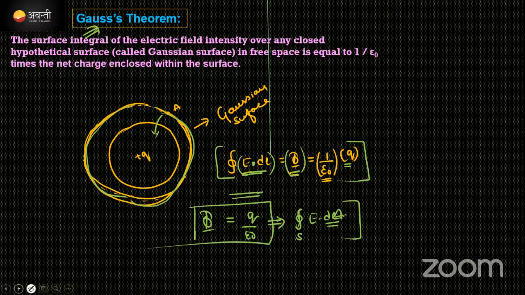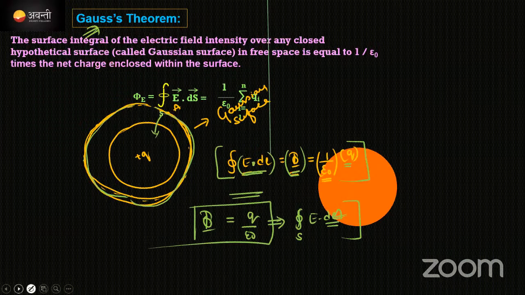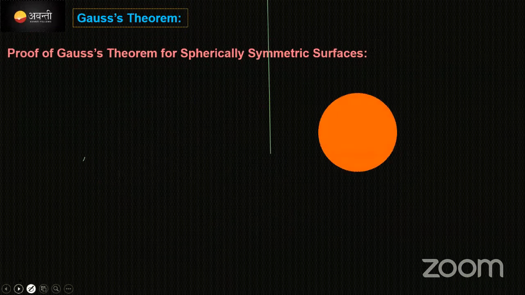Okay, we'll get into the Gauss law now. Okay, see how the proof is done, guys. This is a sphere. At the center of the sphere, I'm going to keep one positive charge. Because of a positive charge, what happens? Electric field lines will be moving in all directions like this.